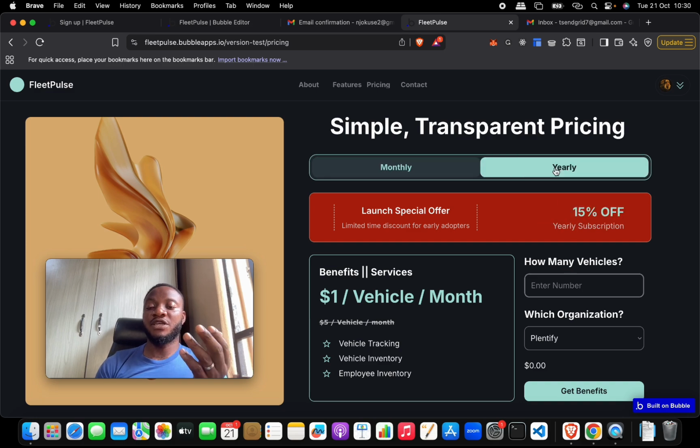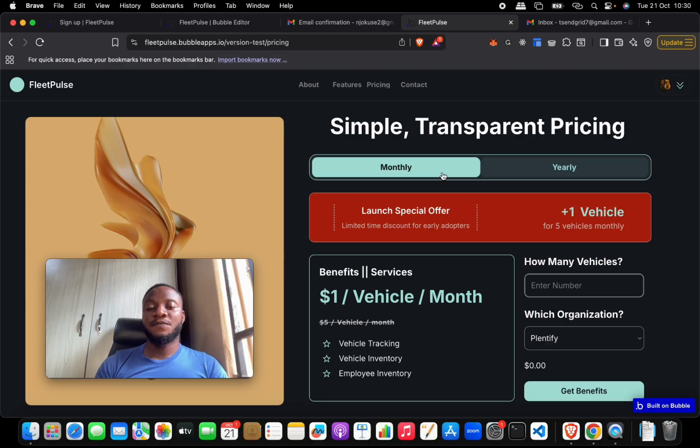Now if you are going for a yearly payment, then know that you'll be getting 15% off, no extra vehicle, or 15%, which is of course cheaper than going for the monthly one. All right, so let's click on the monthly one, and then we'll say maybe let's just pick the 5 vehicles. If you pick 6, it will say add 1, because for every 5 you get 1. And then